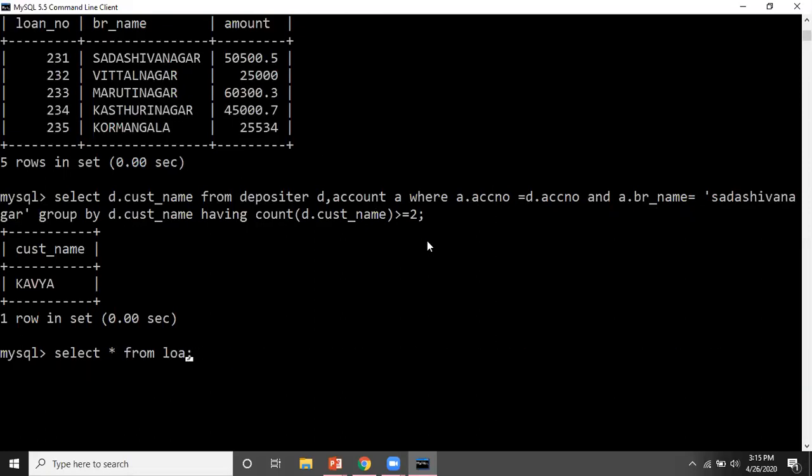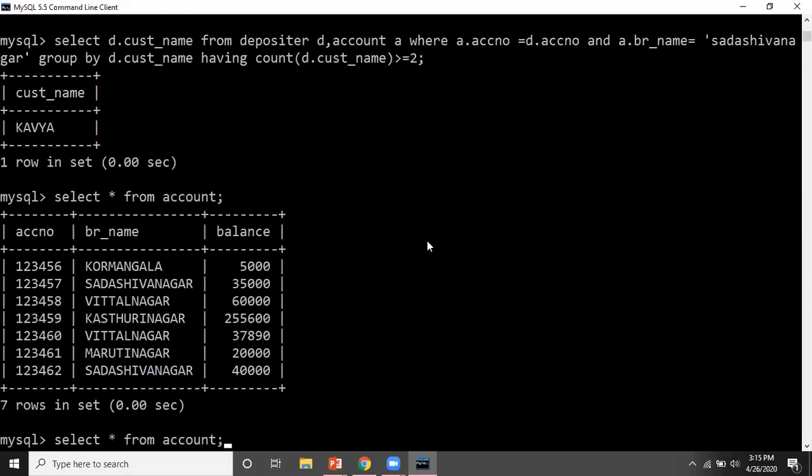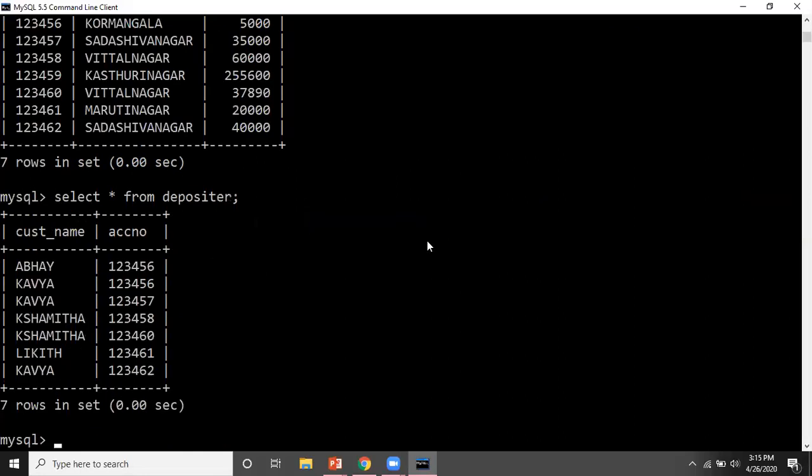Let me show you the account table, and let me show you the depositor table. So if you can see here, we are checking for Sadashiv Nagar. Here is Sadashiv Nagar, and in two places I have Sadashiv Nagar. The branch name Sadashiv Nagar is in two places, so 12357 and 12362 are the account numbers.